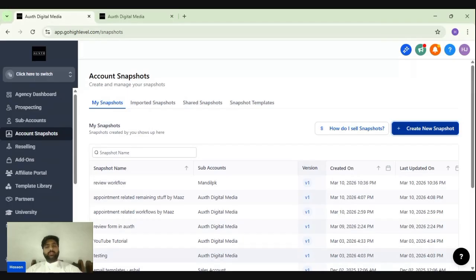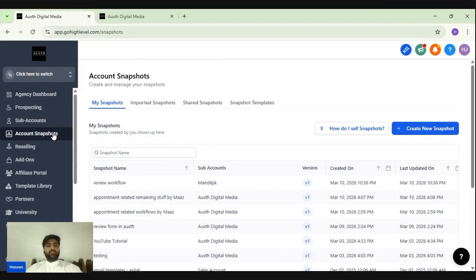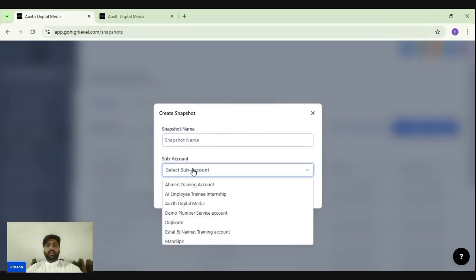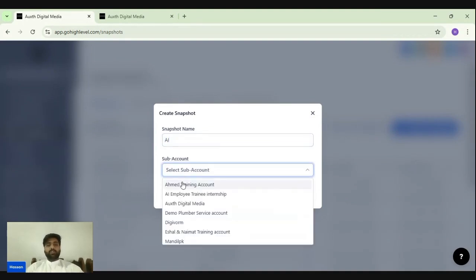So how to create them? Just go to the agency account, and you will go to the snapshots. You can create a snapshot or import a snapshot from another agency account. Okay, so you can add any name and select the sub account from which you want to create a snapshot, for example AI, and I will